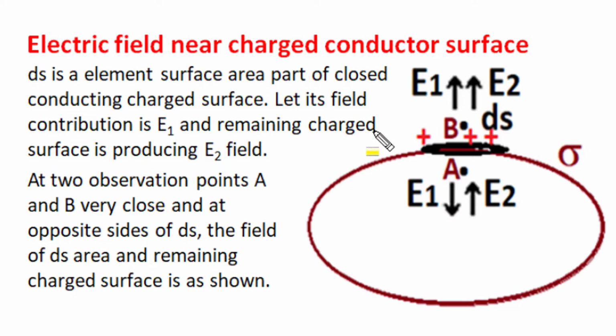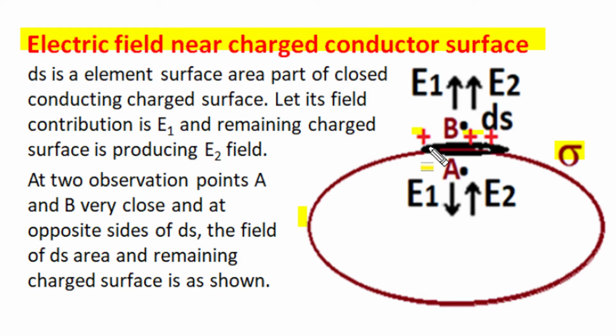So let's start. We know that on a charged conductor closed surface, all charge resides only on the outer surface, but for any arbitrary shape of closed surface, the surface charge density has a variable value, and for sharp pointed edges or corners, surface charge density gets a higher value, and for flat surfaces charge density gets a smaller value. In such variable surface charge density conditions, we have to find out that electric field near a charged conductor surface is directly proportional to surface charge density of that position.